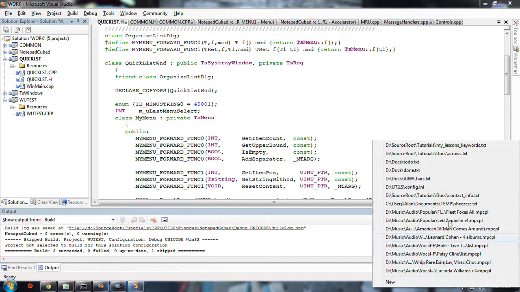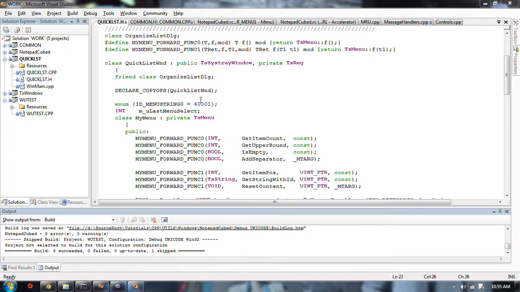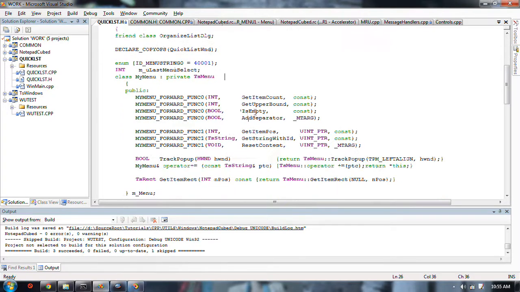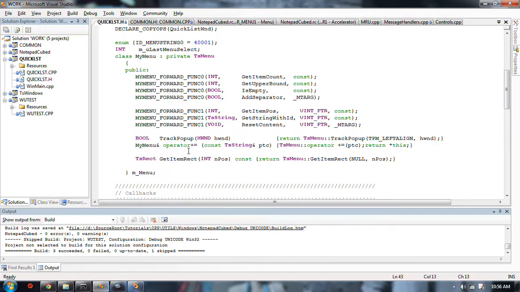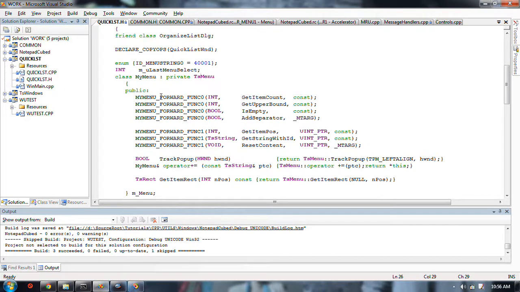But if you don't want to do that, or if you don't have access to that code, what you can do is do like I've done here. We already have this menu. So now I'm going to make another class instead of using this one directly and derive privately from this menu.